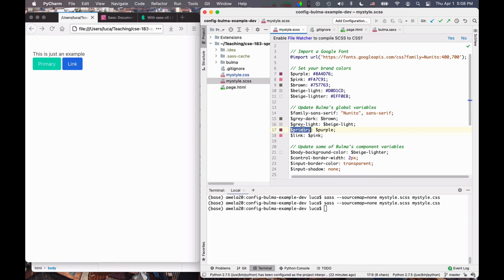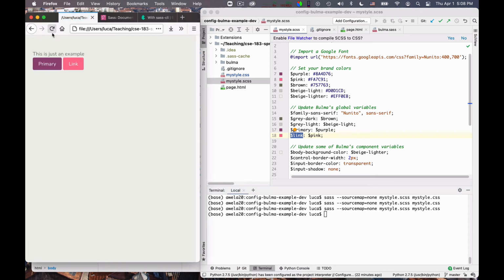I'm defining the primary color to be purple, the link color to be pink, for this fairly funny definition of purple and pink, if you ask me. But that's what we decided to use. And so if I recreate the style in this fashion, then I get the different font, the different background, the different colors of the buttons.